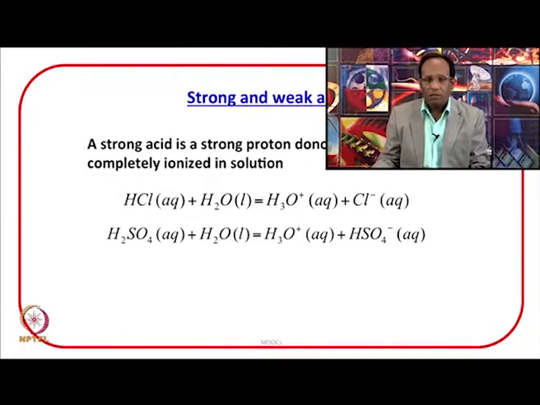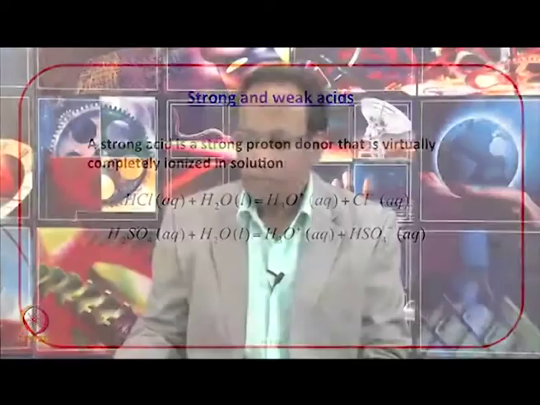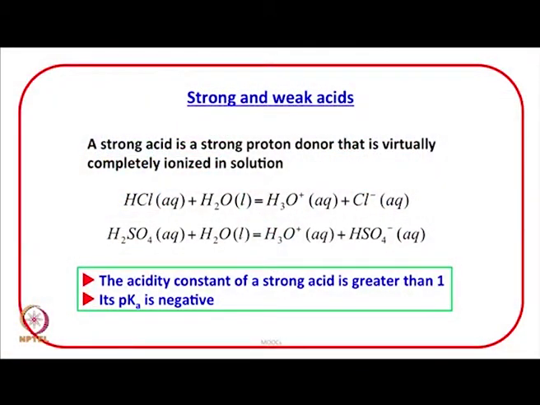And there are certain parameters which classify a particular molecule as a strong acid. That parameter, which we discussed in the previous lecture also, is the acidity constant. Let us take a look at this comment. The acidity constant of a strong acid is greater than 1. This is true for strong acids, that if the acidity constant is greater than 1, then